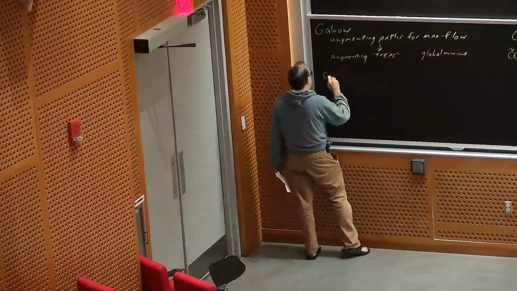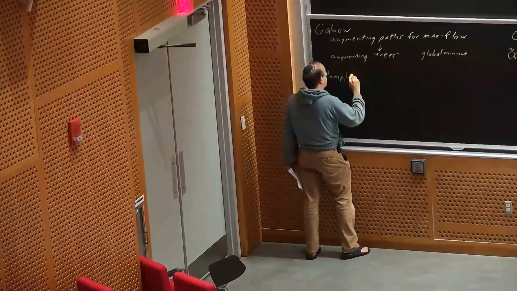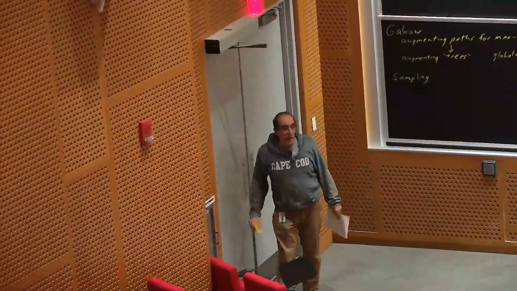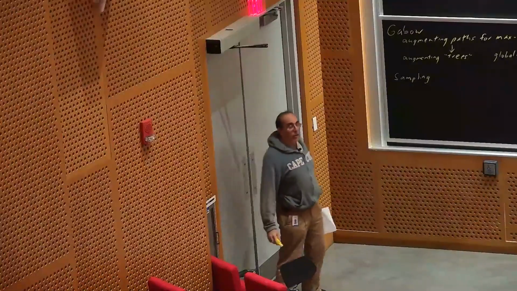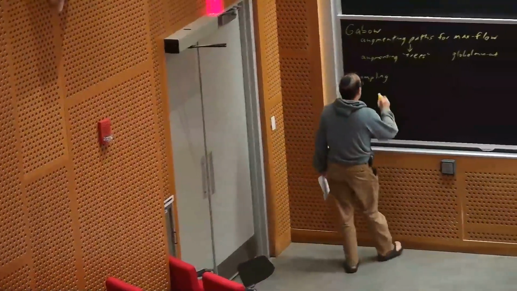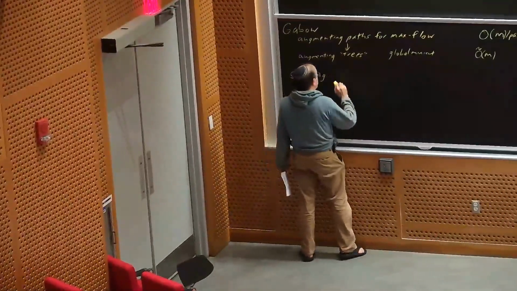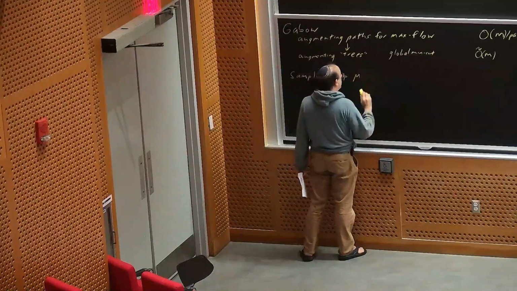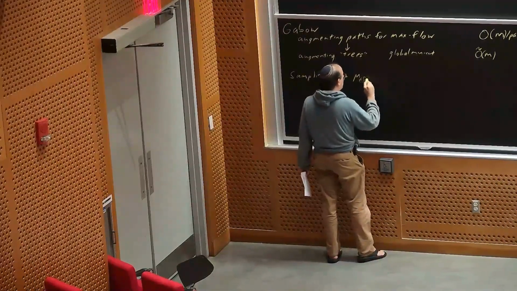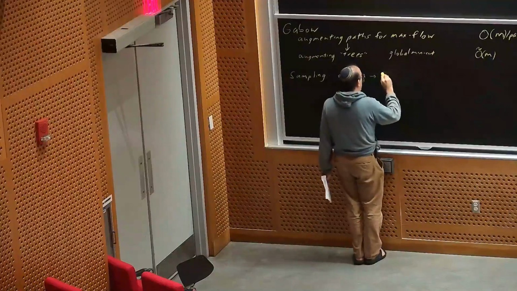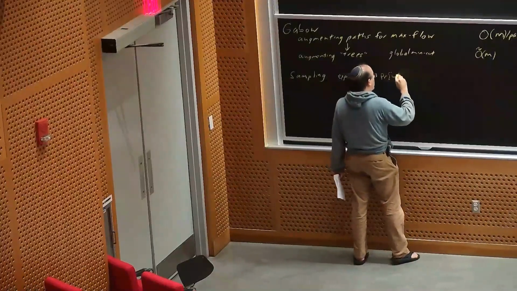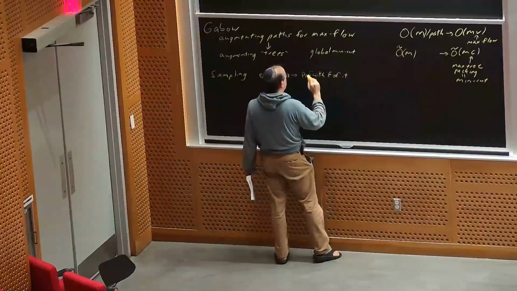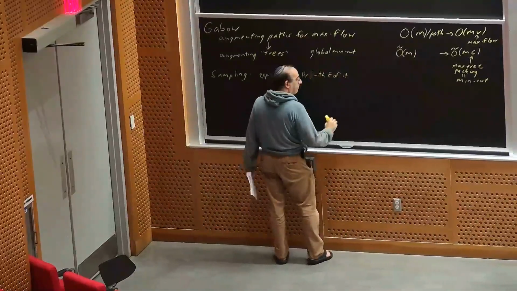So the reason that I introduced you to Gabow's algorithm is to continue exploring this idea of sampling. The core idea of sampling is that if your expectation is some quantity mu, epsilon, delta, then the probability that you are not within epsilon of it